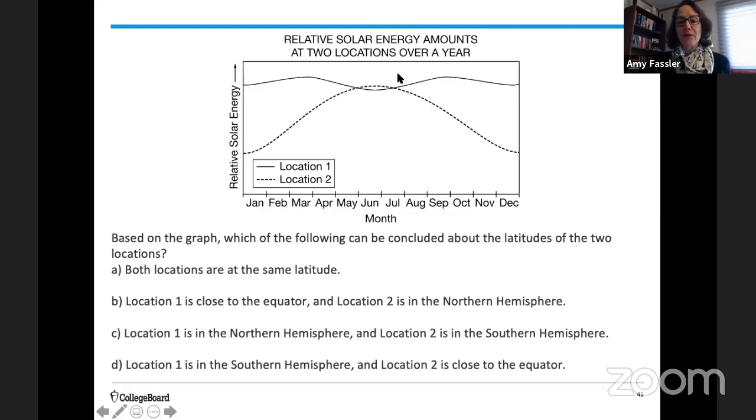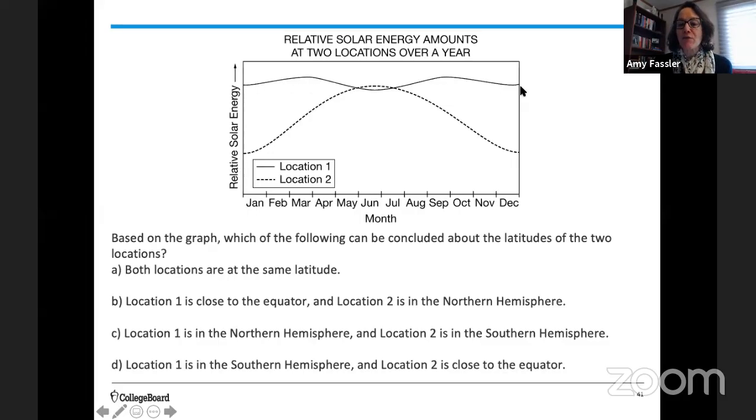So I have the relative solar energy at two different locations throughout the year. Let's make sense of our graph. I show the months from January to December, so I'm looking at change in seasons. And the relative amount of solar energy, that incoming solar radiation or solar insolation, I can see that location 1